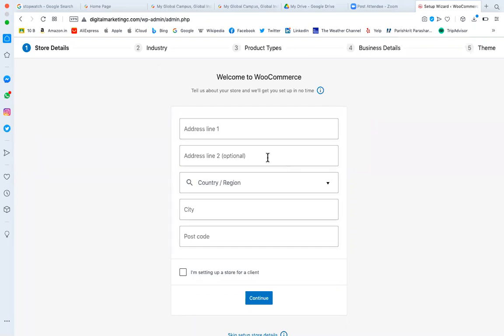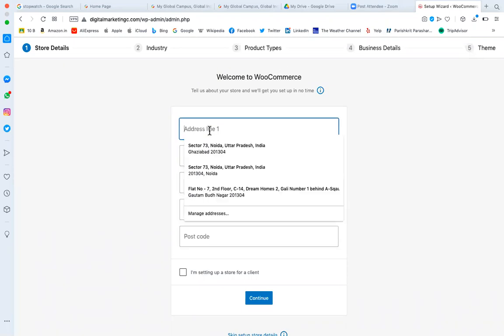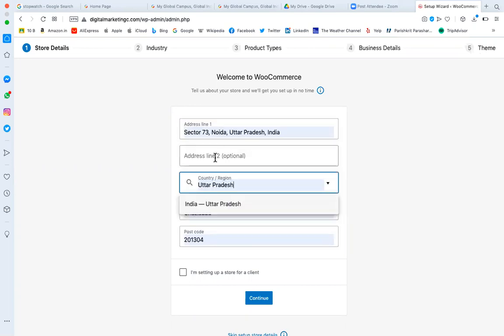Here now, WooCommerce is installed. Whenever you install a plugin, you have to do the correct setting for it. So they are asking you to complete the setting for WooCommerce. What is the store information, what is the industry, product type, business details, and there are so many options within that WooCommerce. They may give you different designs. Under the theme, we can select the different design as per our choice. So I'm just giving, let's suppose I'm doing this one.